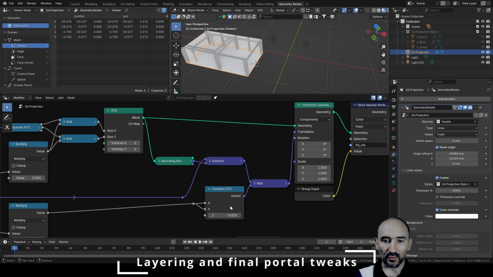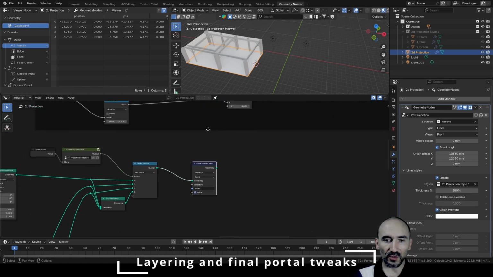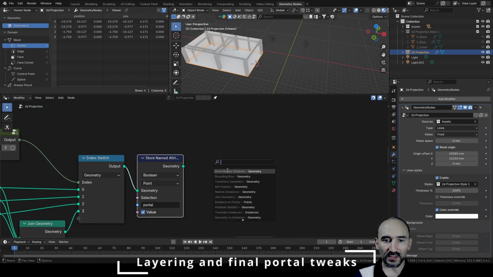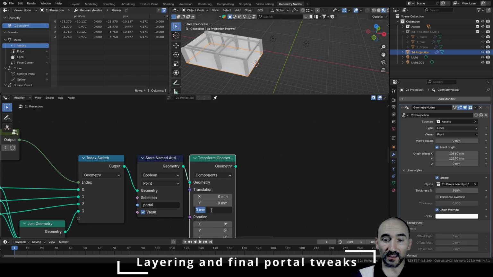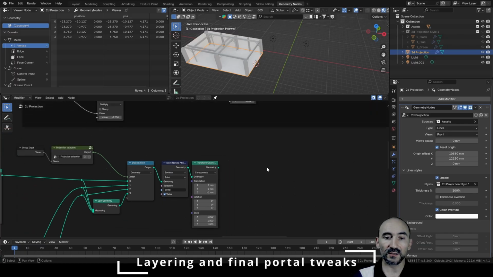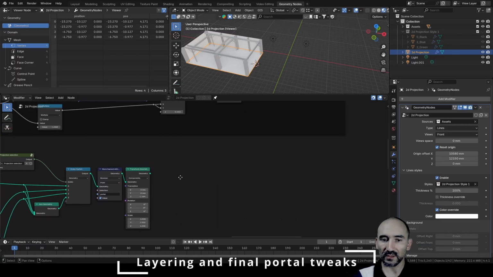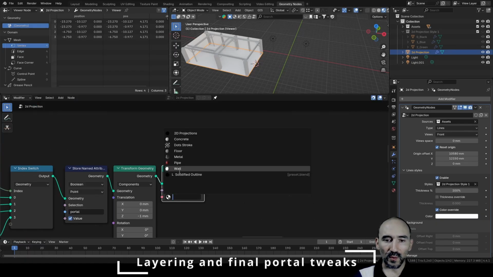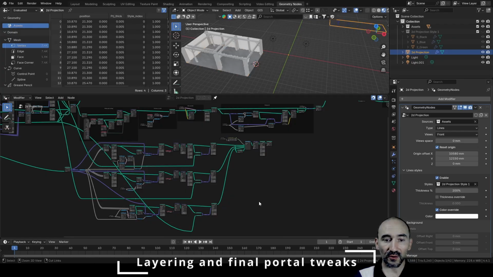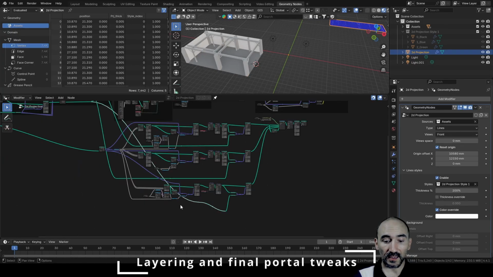So in this case, I can go here, and after this store name attribute, we can use the transform geometry and shift by 1 millimeter in the negative z-axis the entire result of the portal. We can set the material also in this case, so we can set the 2D projection, and now that we have the entire workflow of this part of the portal, we can create a last reroute here for the top